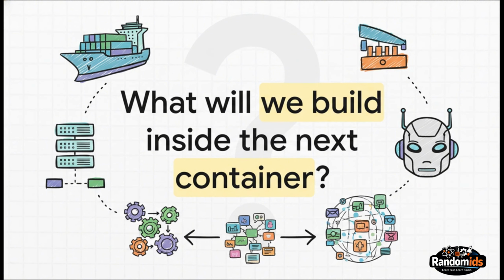Which brings us to a really cool final thought. The container started as just a simple box to make sure things ran consistently. But today, that box is the vehicle for everything, from tiny websites to giant global applications, and now to intelligent AI agents. It really makes you wonder, as this technology keeps pushing forward, what incredible new things are we going to build inside the next container?